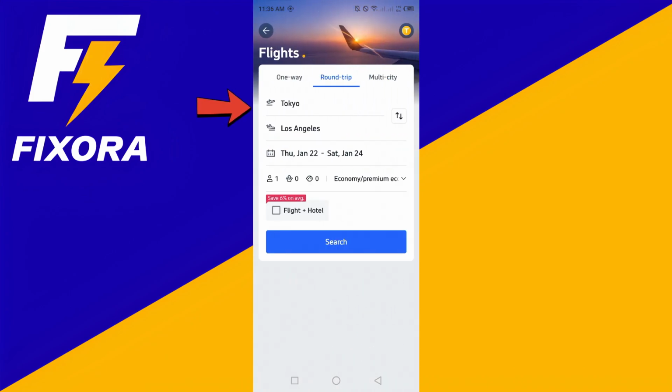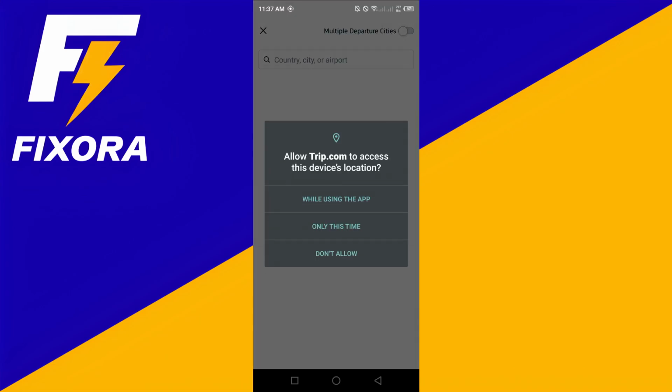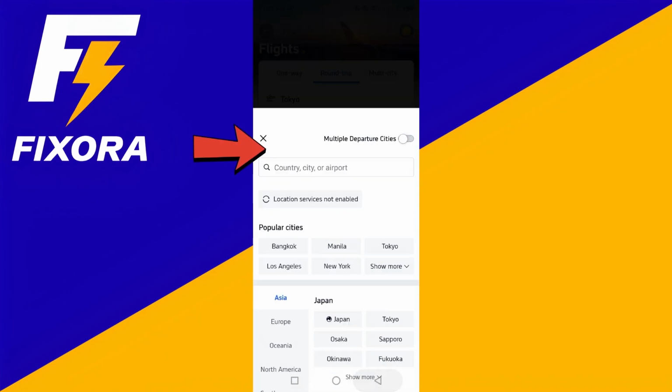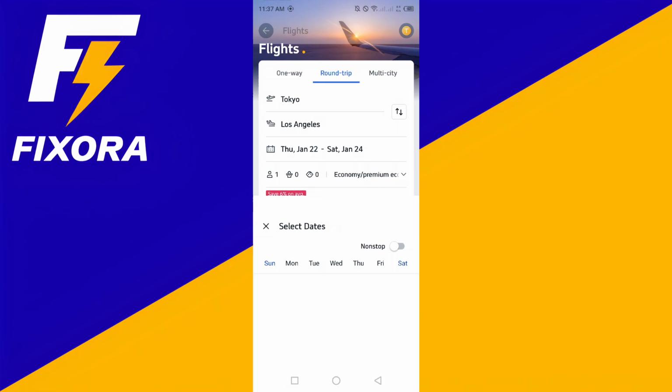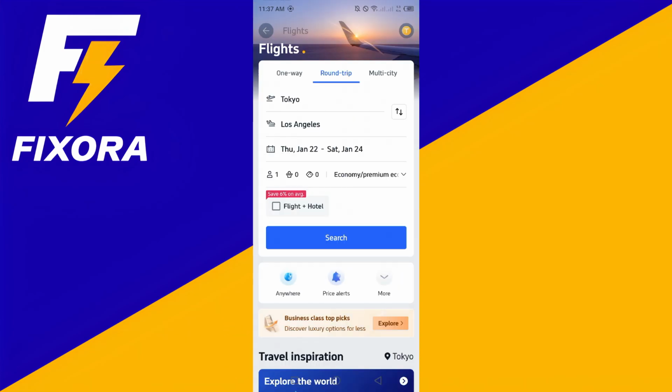Next, select your departure city and destination city. You can either type them in manually or choose from the suggested locations. After that, choose your travel dates, including a return date if you're booking a round trip, and tap Done to continue. Now, customize your flight preferences by selecting your travel class, such as Economy or Premium Economy, and apply filters